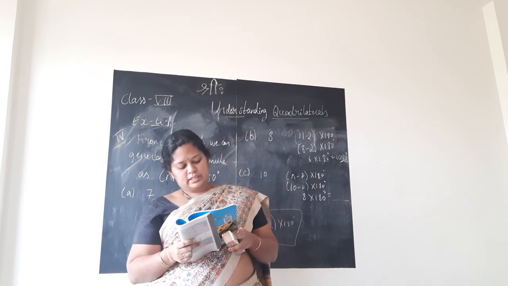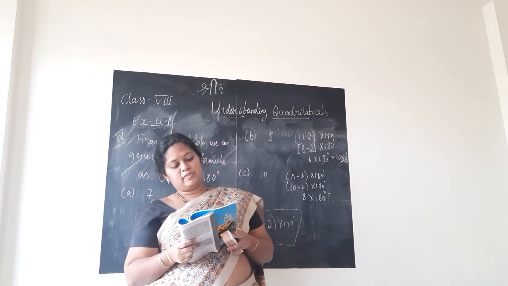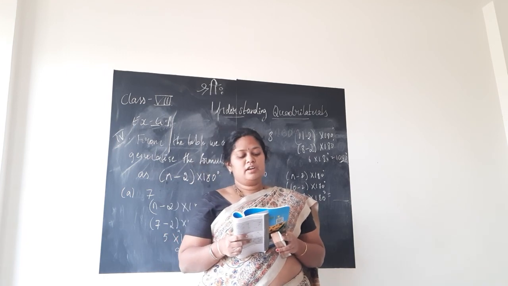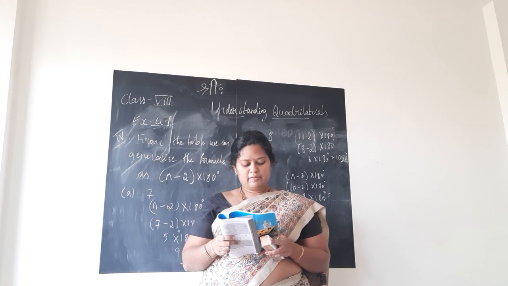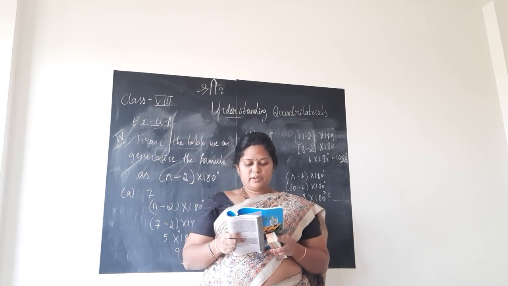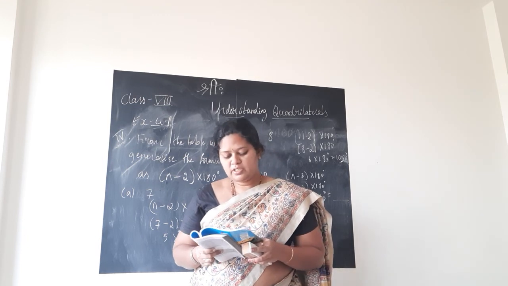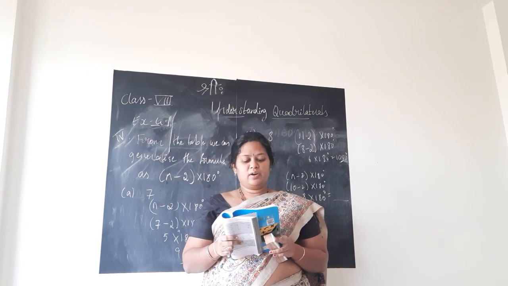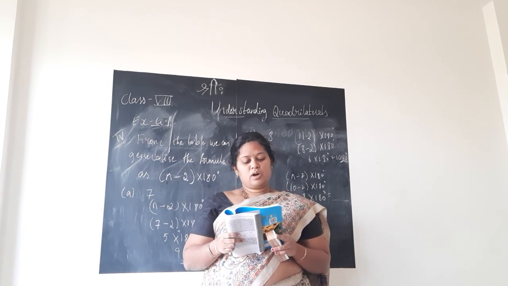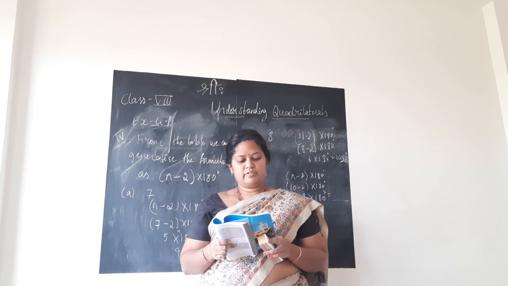We are left with last 2 mains, children, that is 6th and 7th main. For 6th main, find the angle measure x in the following figures. So you have totally 4 problems, children. In all the 4 problems, wherever they have written x in the figure, you need to find out the angle. So how to do, we should solve. We should do it now.